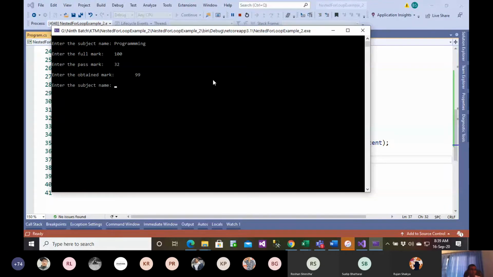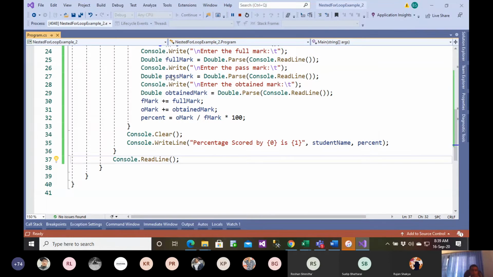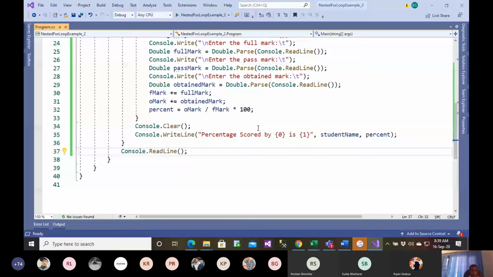Now what should be the percentage? This will be 99. Okay, we got it. No issue. So percentage is 99. So values are being reset. I don't know if there is any issue here. So this is how we have been able to use a loop. Where did I define this here? Okay.